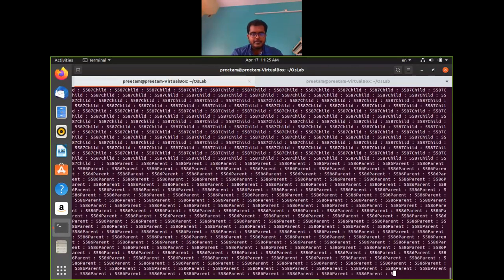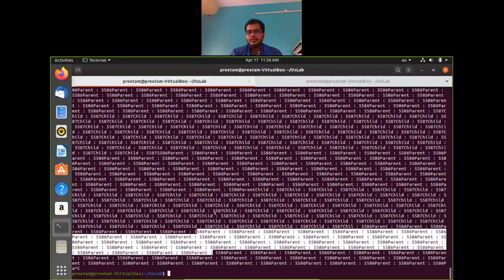If I press Ctrl C, it will stop executing. See that here some parent outputs are showing, then some child outputs, then some parent outputs again. In this interleaved way it is being executed. So you can understand how process scheduling occurs, and the context switching occurs.